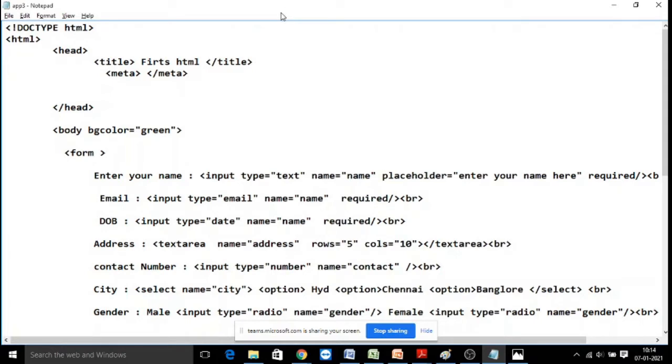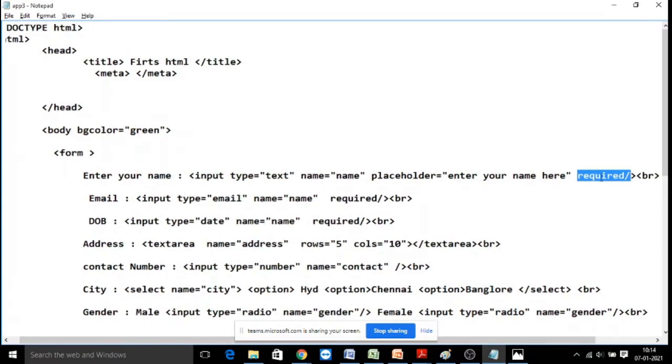In HTML5, we have features where we can do validations for your input data. Let's say, for example, you are giving an input name, but you are not giving this input and you are simply going with the next field. Then there is an attribute called required. Whenever you say required at the end of your input element, it will not allow you to proceed with the form without inputting that particular form field. That is called required.